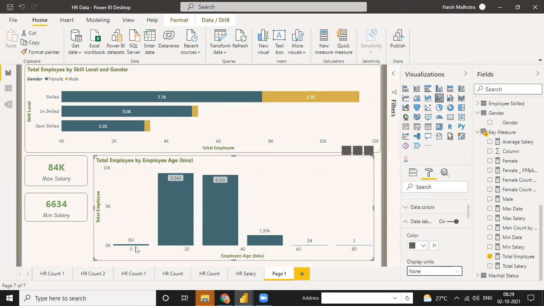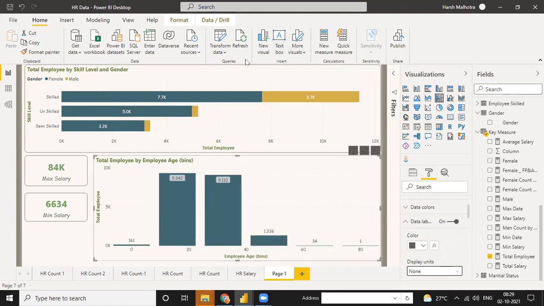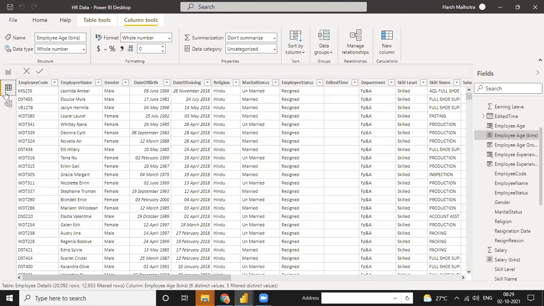So there is a bins part. 0 to 10 means under 0, and 20 is like 10 to 20. As in this kind of thing, you have to count bin-wise. It will automatically count by group. So how to calculate a group? Go to data label. There is an option of data group. Which column do you have to count? You can just go with that column and create a new group with this.